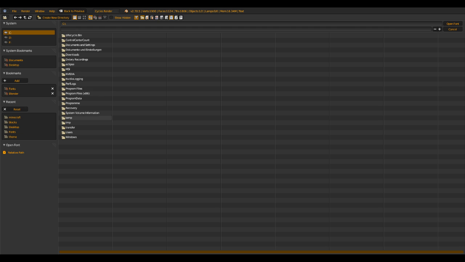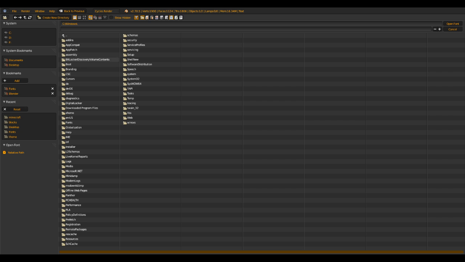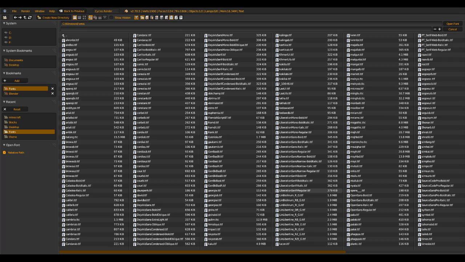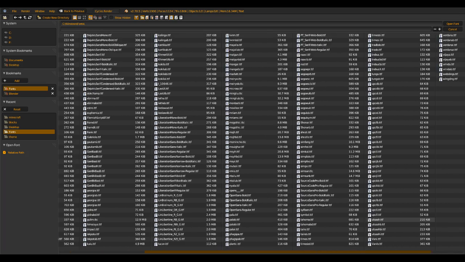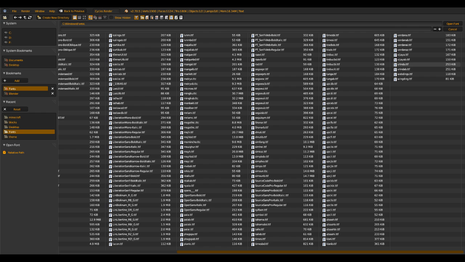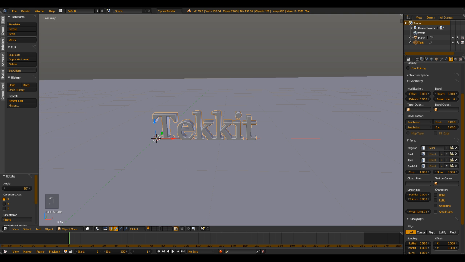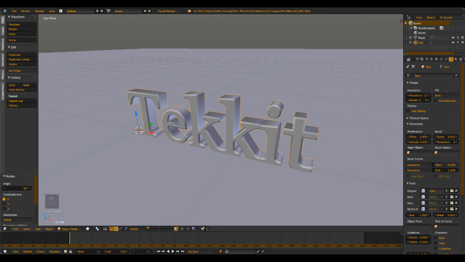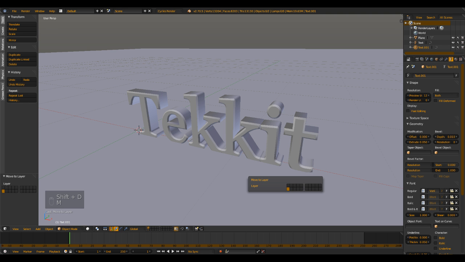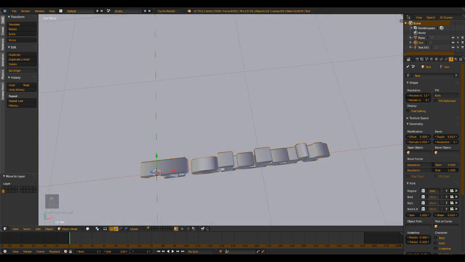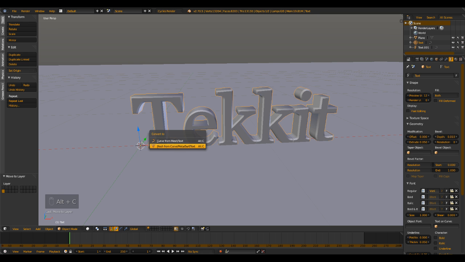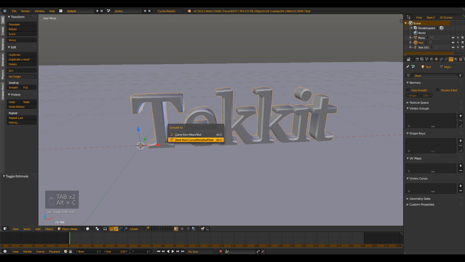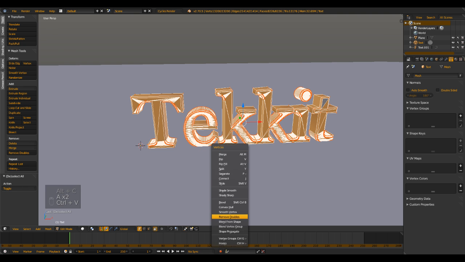and I want to use a different font, and you find them under your local hard drive, Windows and fonts. And I want to use, let's see, Vani. That one worked actually quite well, and I duplicate that text. So I have a backup, and now I make a mesh with Alt-C, remove the doubles,